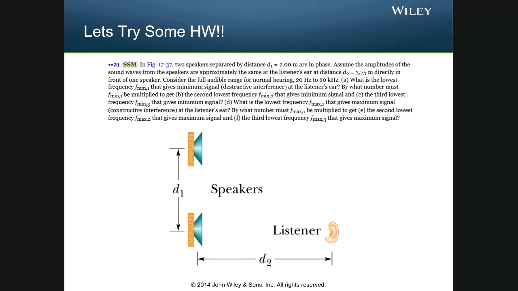No problem. So when we look at this problem in general, we know we're going to be looking at phases. So we know that phase is equal to 2 pi times delta L over lambda. We know that for constructive interference, that's going to equal 2n times pi, right? And then for destructive interference, phi destructive will be equal to 2n